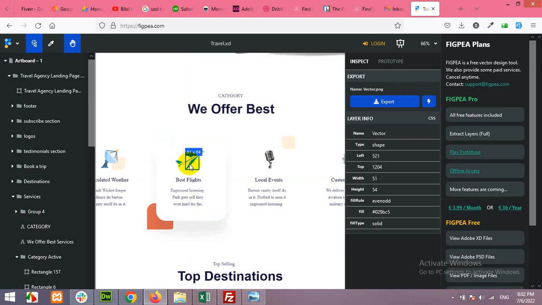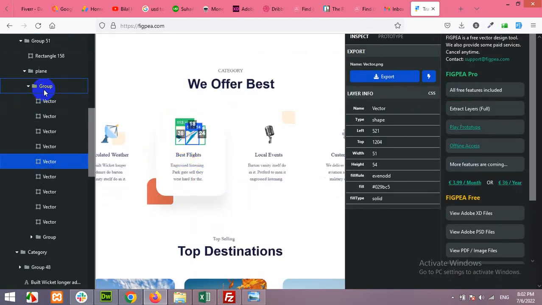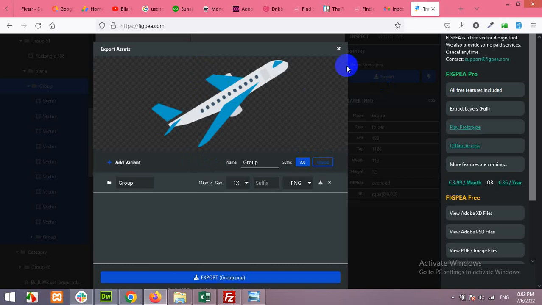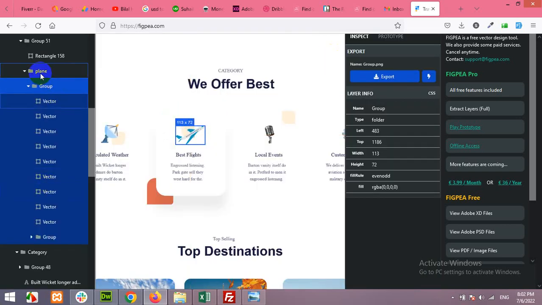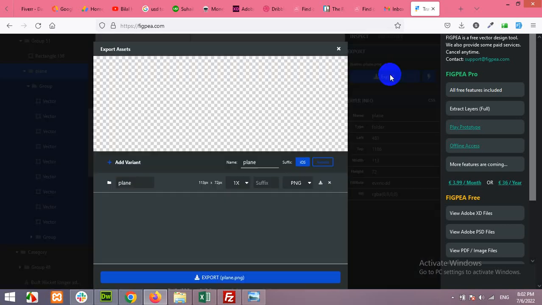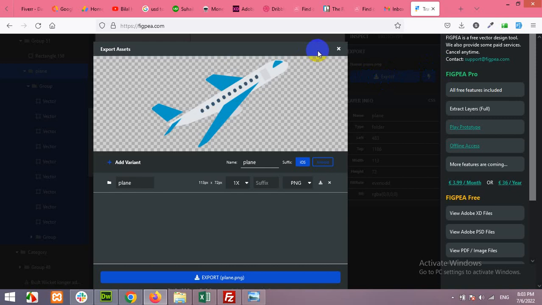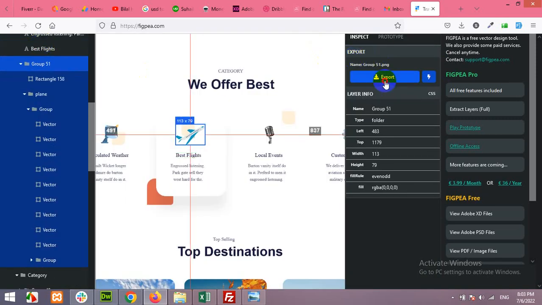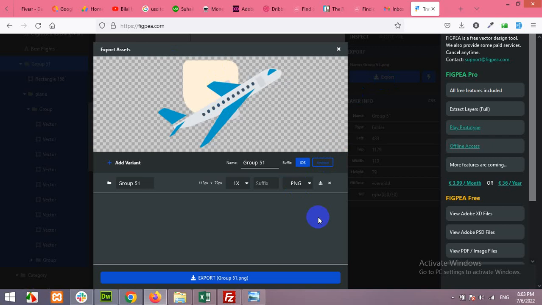Click on this image and copy the group, because we will need that background as well. Okay, the group, do not include it. Click on plane, still not included. The rectangle. Okay, now it's done. Click on download,